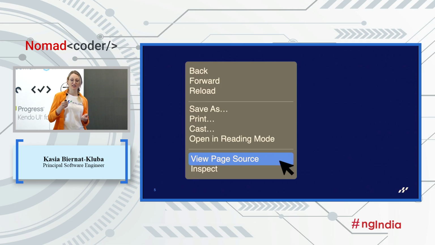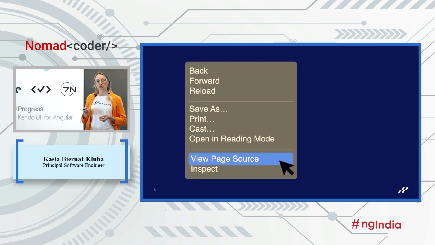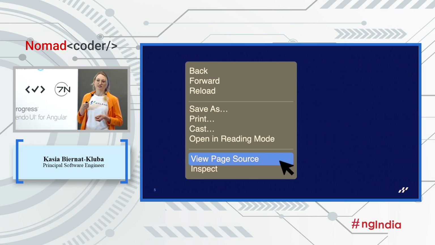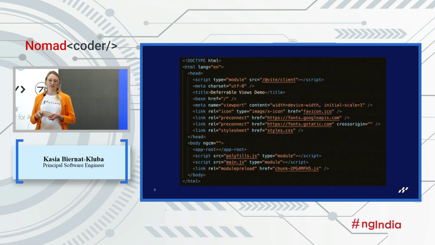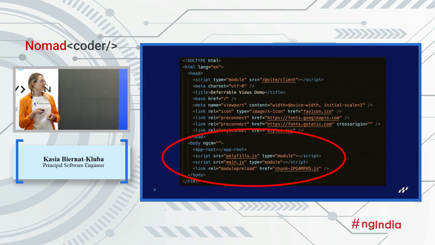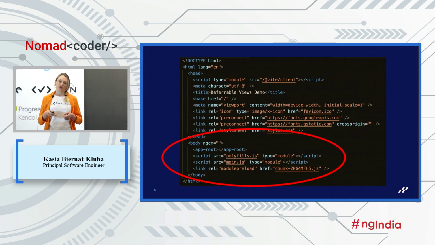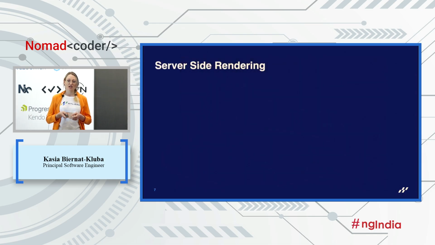However, if we inspect the page source to see the HTML that is sent by our server to the browser, you will see that all you get is this empty template. It's only the app root and no DOM content at all, because it's the JavaScript that executes that is in charge of rendering all of the DOM. However, for the